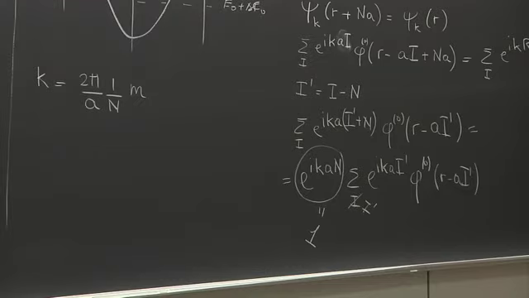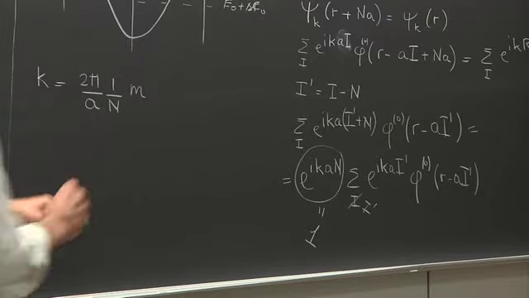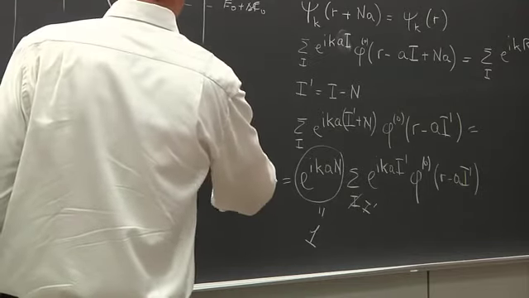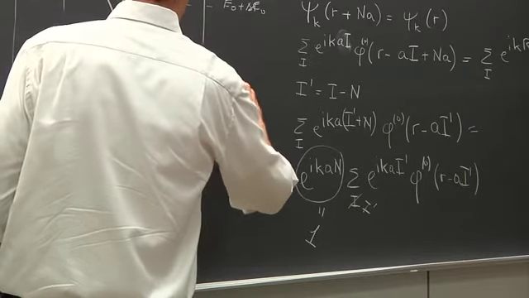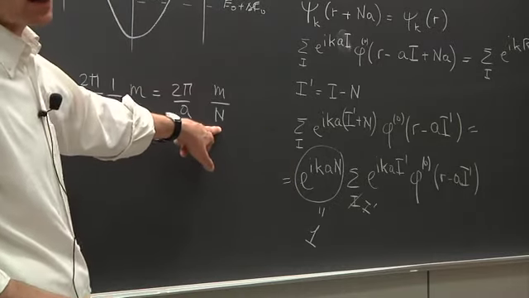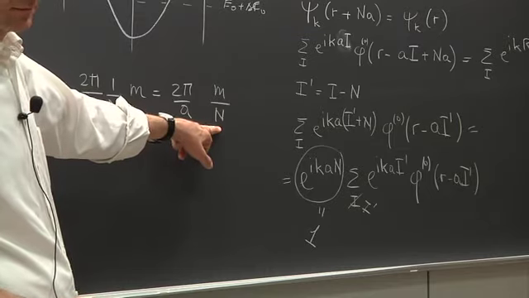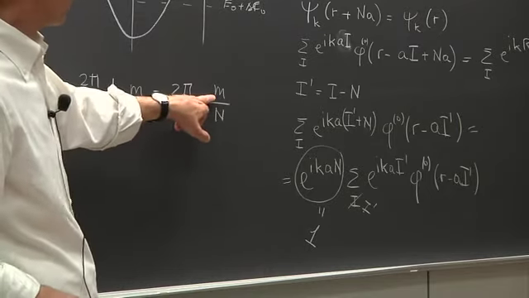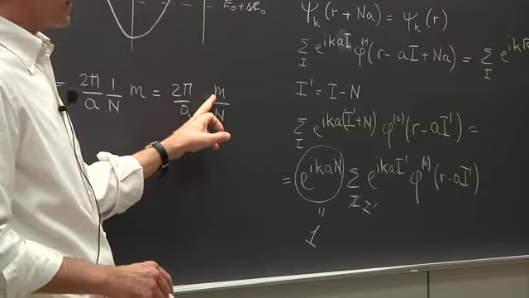But k, according to my initial theory, had to be restricted to between minus pi over a and pi over a. And now I'm imposing that k, in addition to this, must also take these particular values. Notice that I can also write it as 2 pi over a times m over N, and remember that capital N is a very large number. So essentially I'm discretizing k